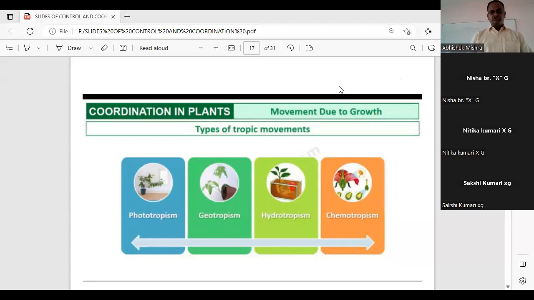Now, before going into today's topic, that is plant hormone, let me see how much you have acquired from your previous class, that is coordination in the plant, that means different movements in the plants. Let me throw some questions to some of you randomly. You will raise your hand and not write the answer in the chat box, it will take time, so that I can unmute you.